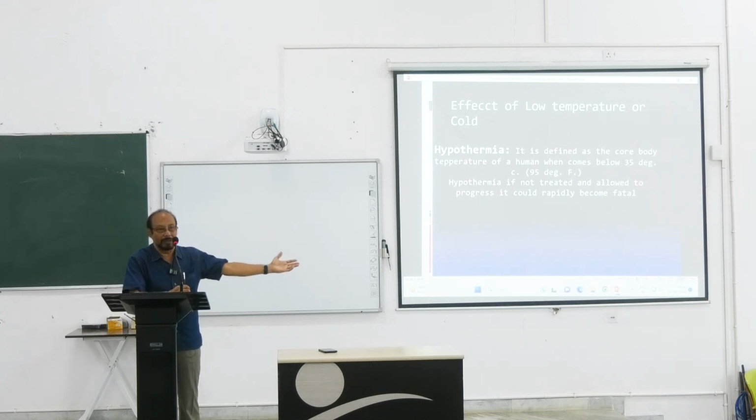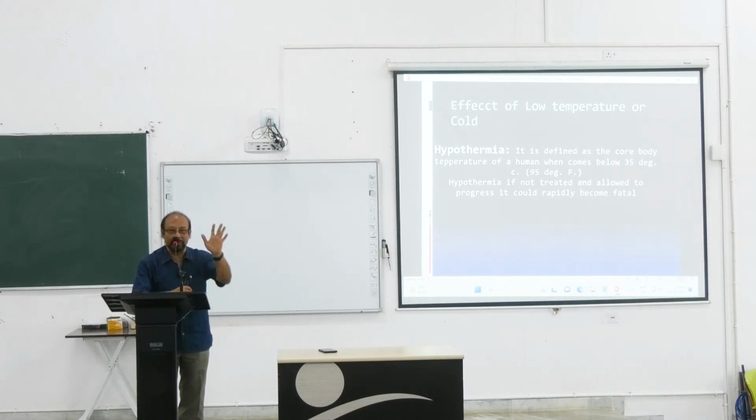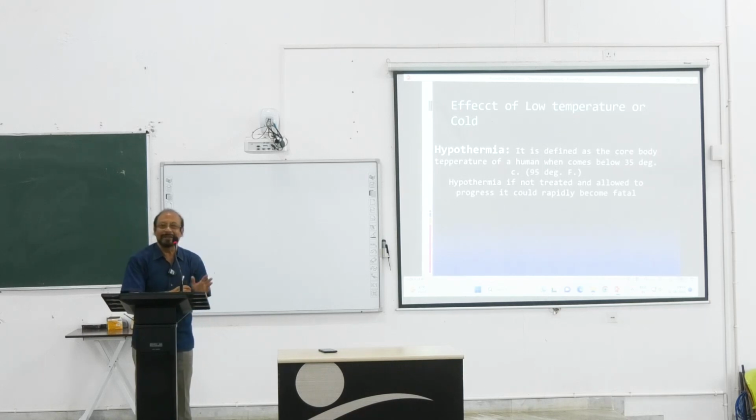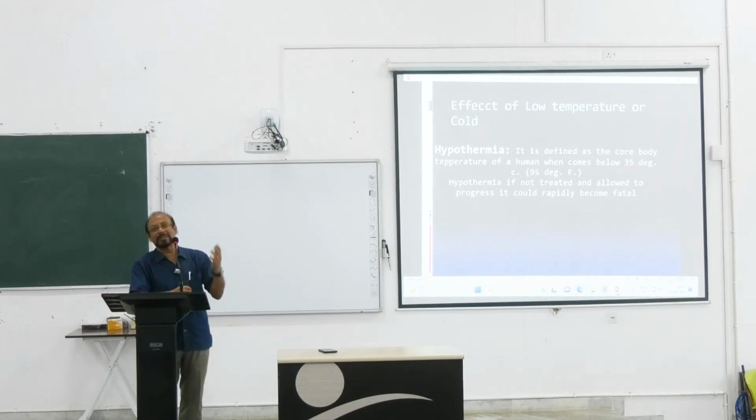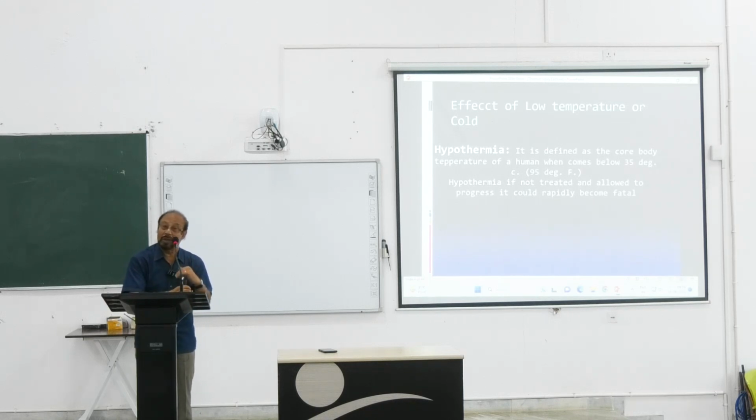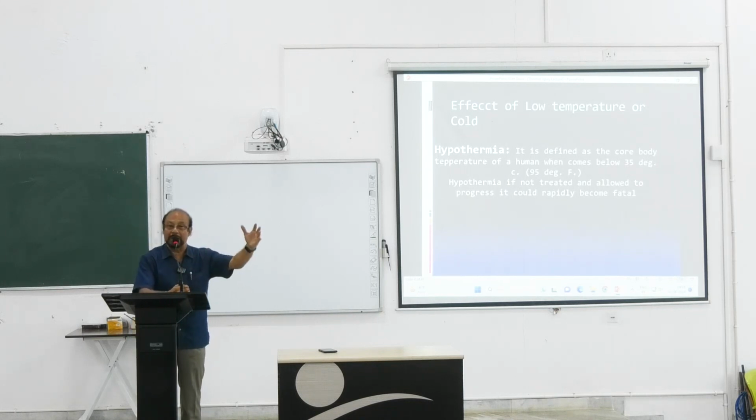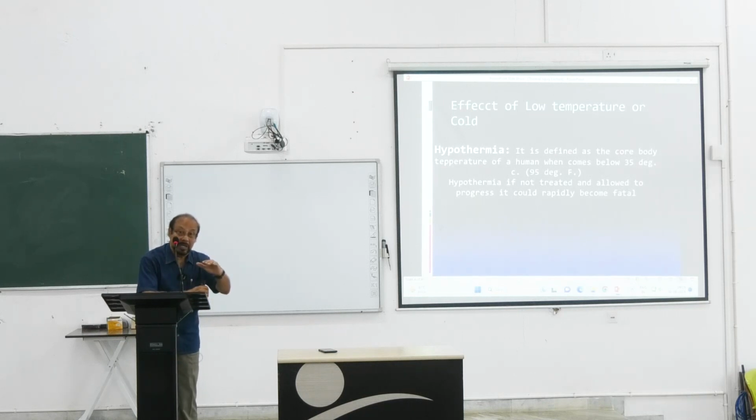Now it reaches 32 degrees. It is a severe hypothermia. Shivering stops. The patients cannot react, particularly the change of postures, and the patient becomes lethargic. Gradually you see that nature's first defense always tries to maintain the temperature in this very simple way, by shivering and change of postures. But if the exposure to ambient temperature becomes a little too much, then what will happen? The temperature will keep falling to 32. Now the fall of temperature is a little rapid.